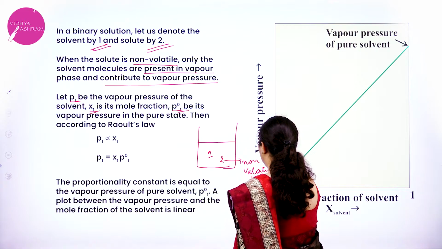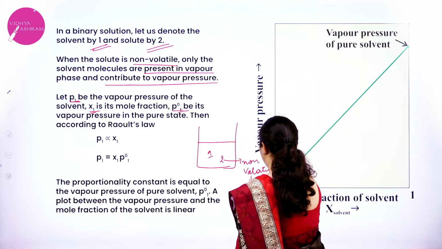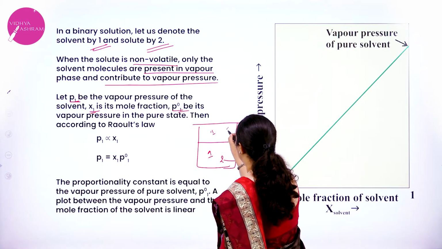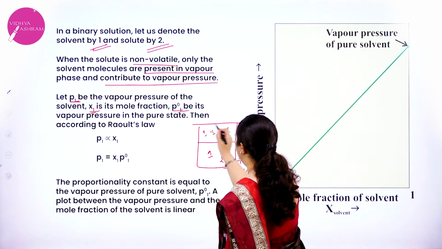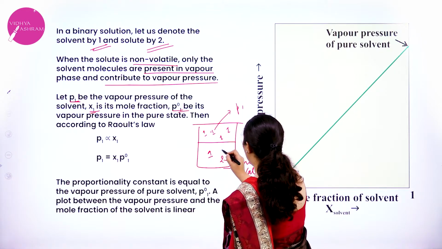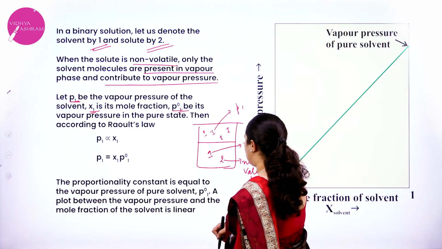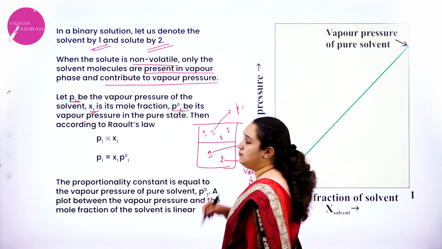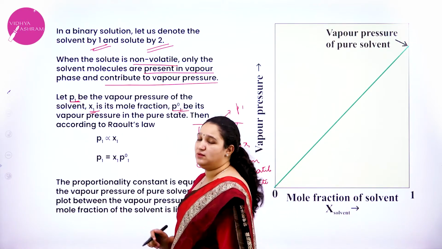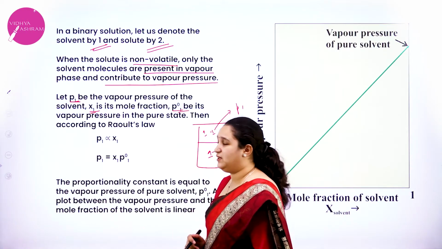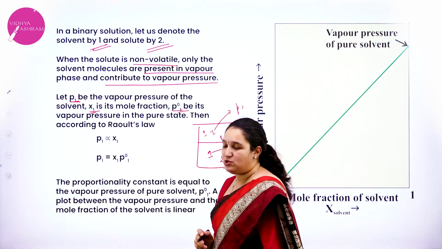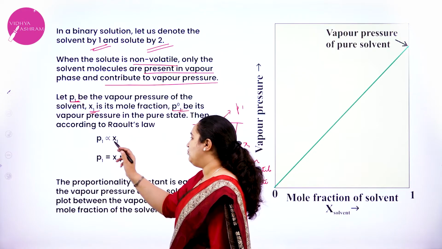Okay, it is solute. Only my component 1 particles are there in the vapor phase. So the partial pressure of this is P1, mole fraction of this is X1, and P1 naught is the vapor pressure of the pure solvent. Then according to Raoult's law, P1 is directly proportional to X1, and if we remove the proportionality,